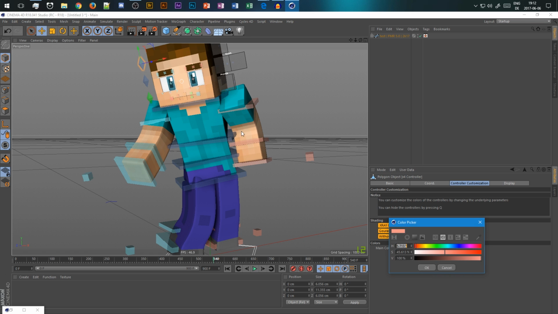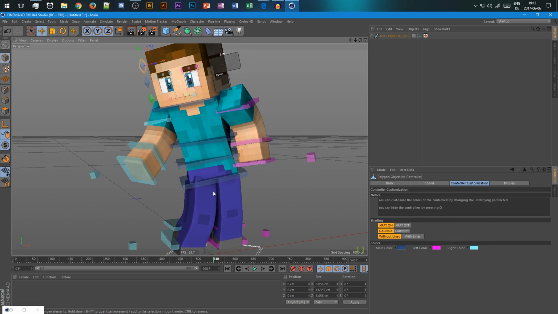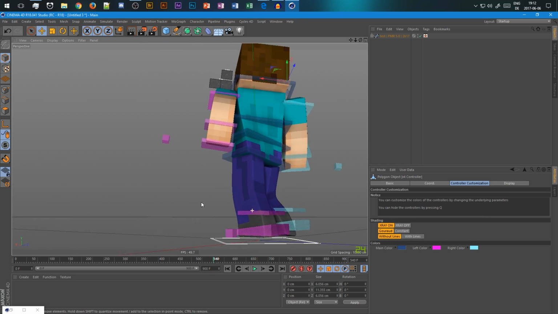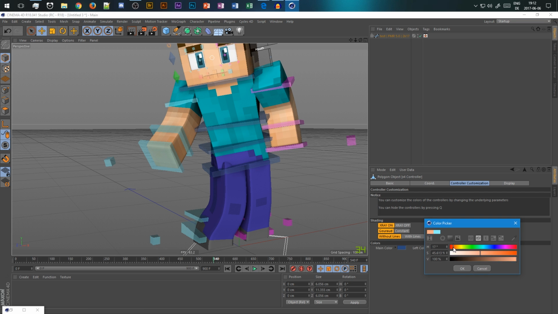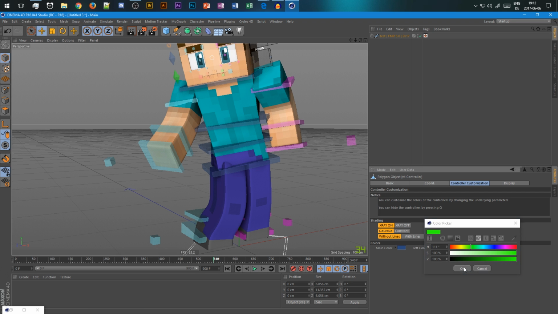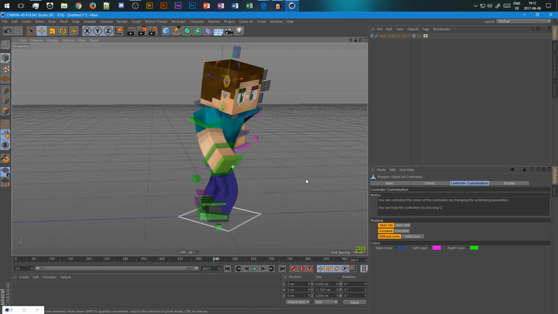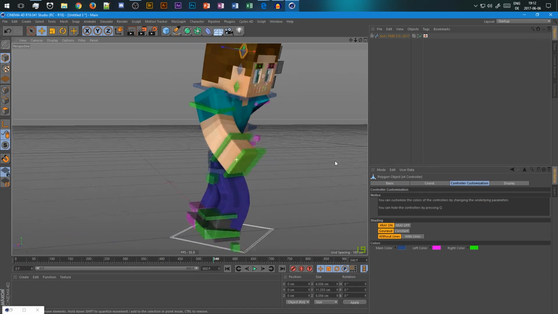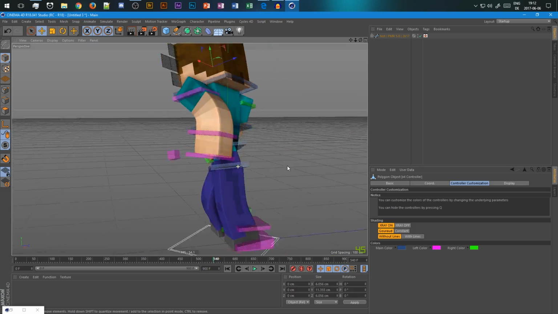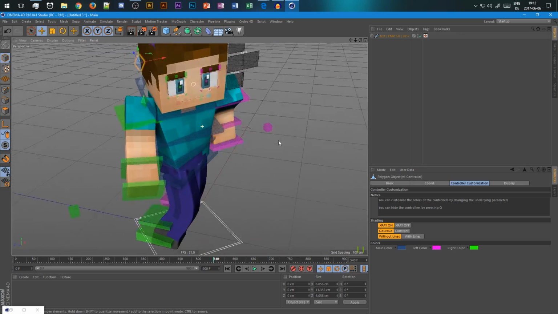Then we can change the left color, maybe a bit like this, so you can see everything on the left side has changed to this color. And we can change the right color to maybe a green. Okay, nice. So now you customize the rig. You saw all customizations of the rig from now on, and we can